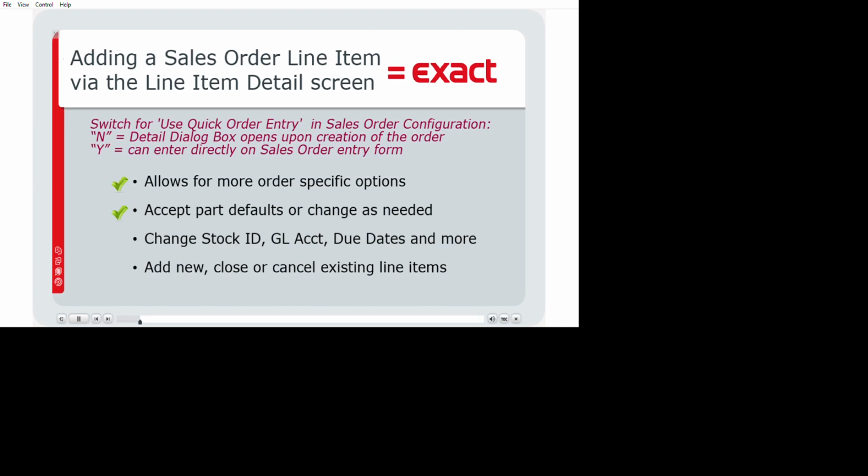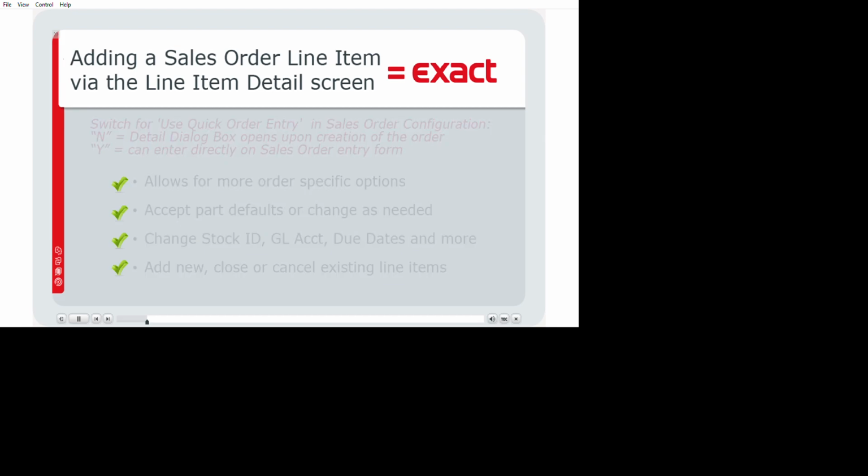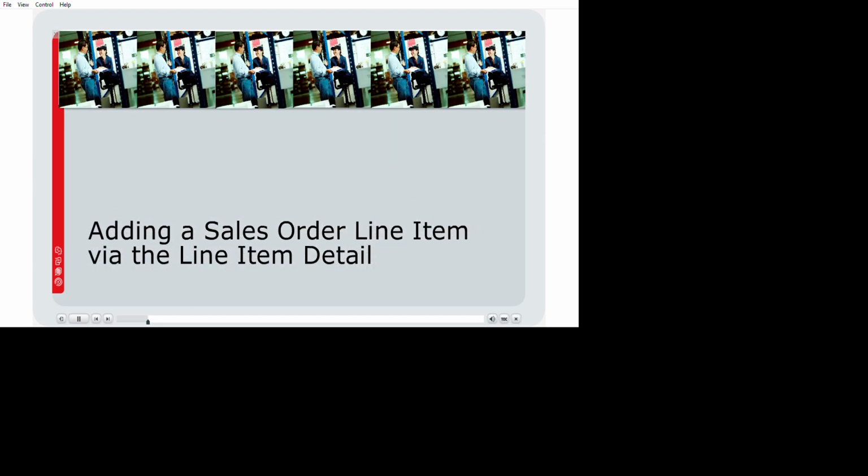You can either accept the default part ID information or modify the stock ID, GL account, due dates, and more. You can also close or cancel existing sales order line items from the sales order detail screen. Let's get started learning about how to enter a sales order line item using the Sales Order Line Item Detail